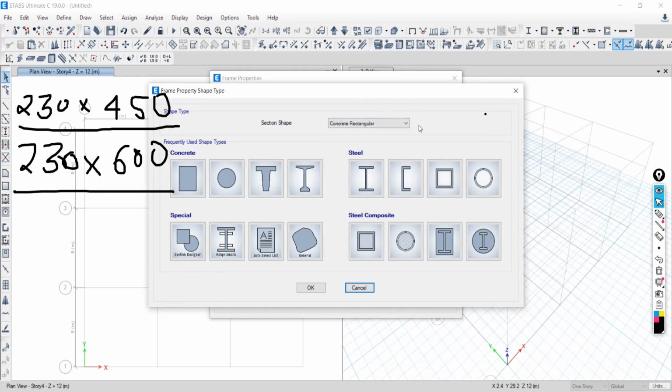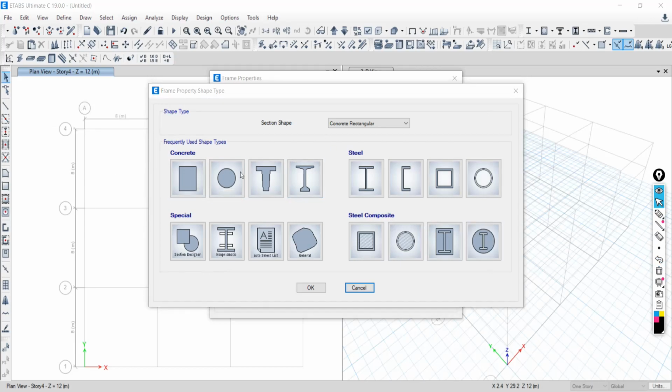Once you click over add a new property, go to concrete rectangular. So many sections are there. Concrete is there, steel is there, special is there, steel composite is there. If you want to define the concrete section, concrete section will be there only. Solid concrete, and different shapes will be there: rectangular, circular, T, like this.